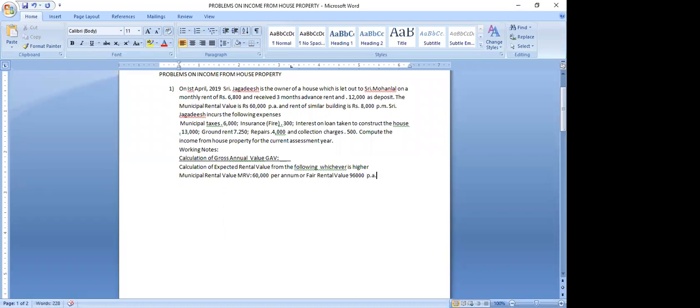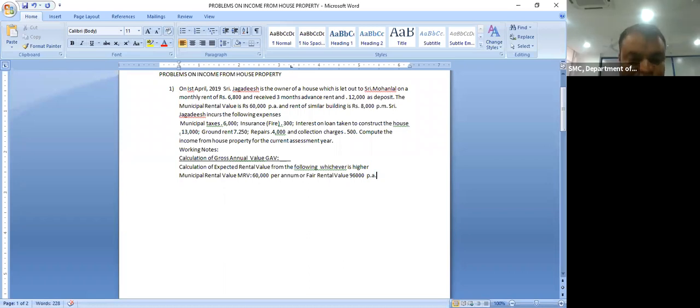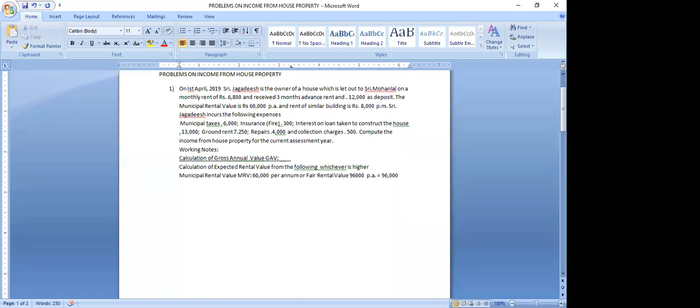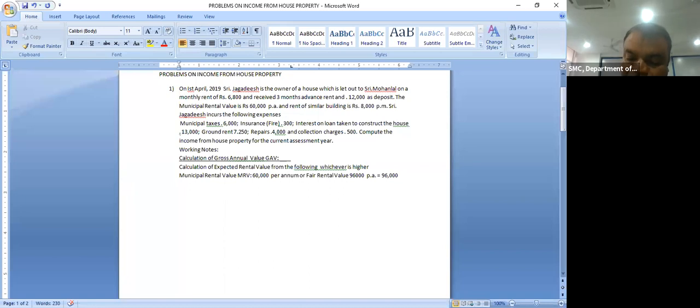Yes. So when you compare these two things, whichever is higher, how much is going to be the expected rental value? Whichever is higher means 96,000 is the higher one, right? Yes. Now this is what you are going to do when you are calculating the gross annual value as step one. Then step two is you have to